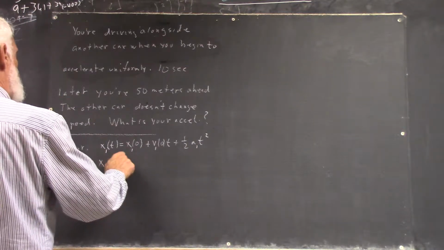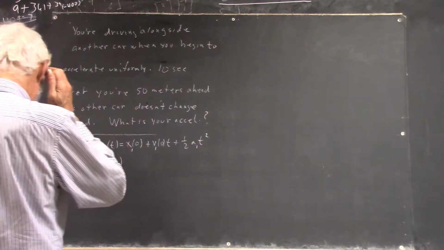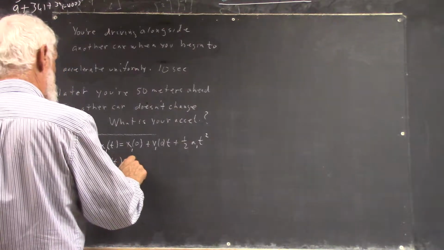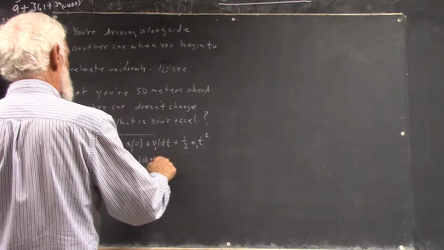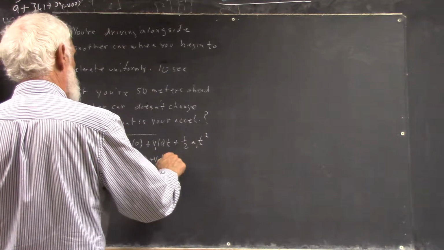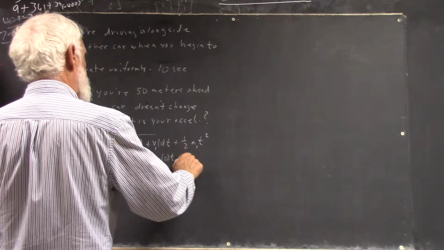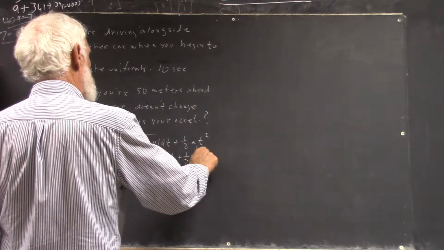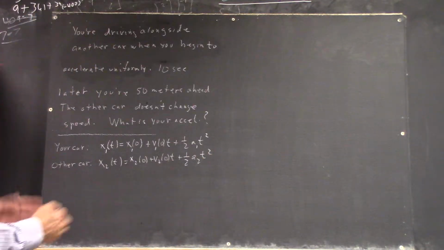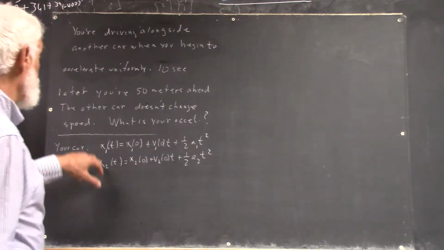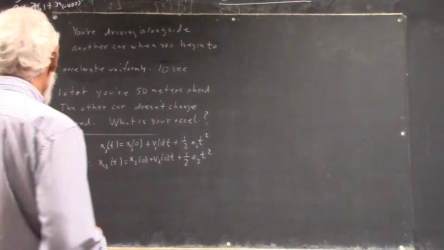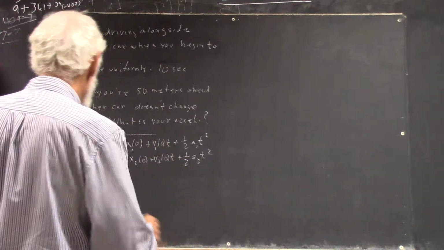x2 of t, the position of the other car, is x2 of 0 plus v2 of 0 times t plus 1/2 a2 t squared. This is generally the case for any situation where both cars are accelerating uniformly. In this situation,